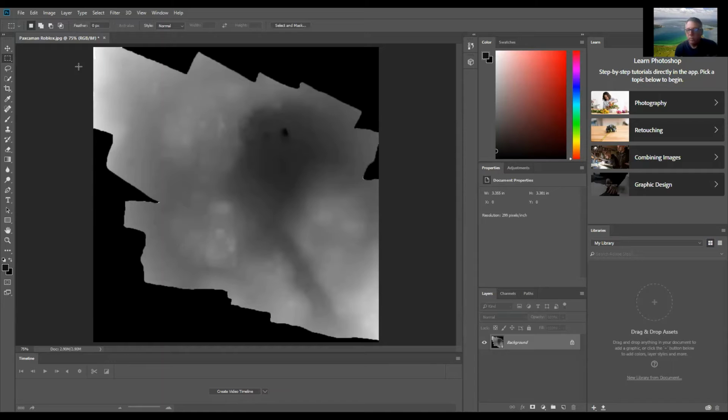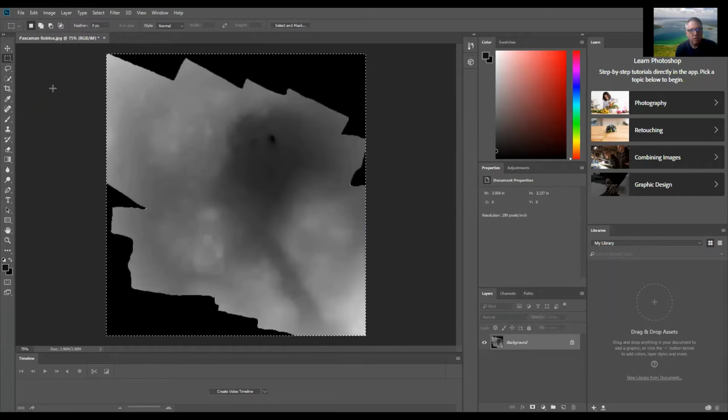We've got an elevation, an image shaded by elevation, and the parts outside of that are categorized as black. Actually, I'm going to cut off a little bit more because I don't want all this empty stuff here. More? No, I think that's fine. All right, so let's save this